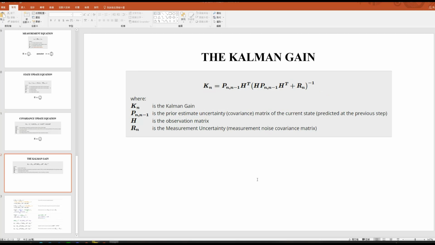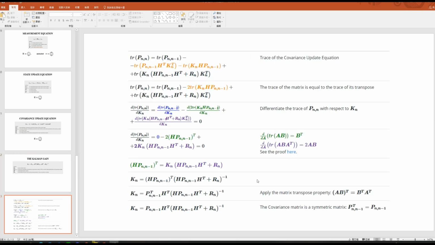Last but not least, this is the formula to update the Kalman gain. The Kalman filter is an optimal filter. Thus, we will seek a Kalman gain that minimizes the estimate variance. In order to